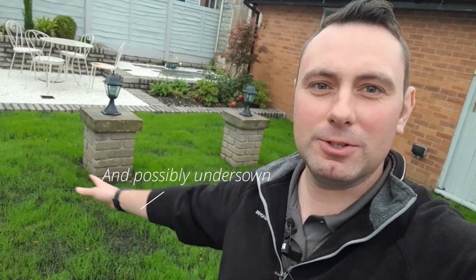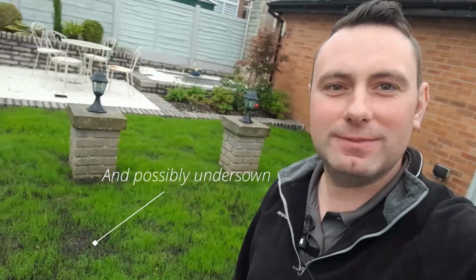There's a nice density, I feel. It's a bit overseeded in parts, but the majority is quite a nice density. I'm quite happy with how it's going. I was actually going to mow it today. I was going to give it its first mow and apply